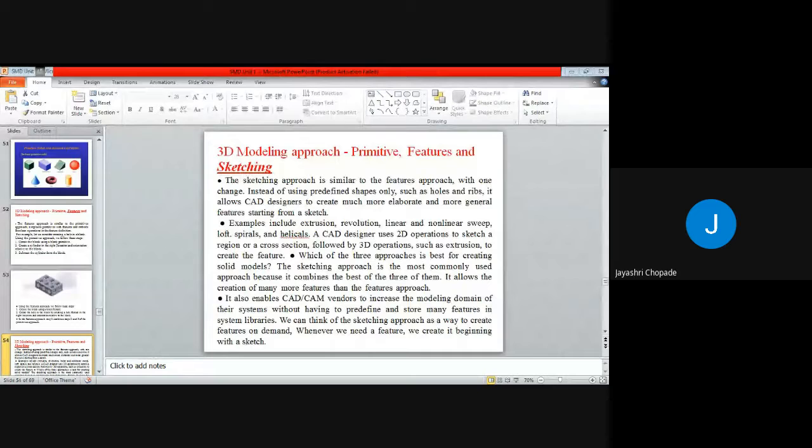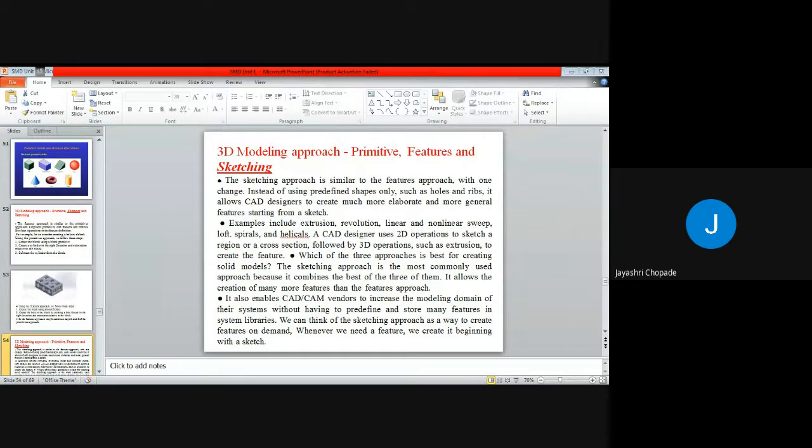So this is a repetition of work, or it is time consuming work, but in a particular sketch we can create the sketch so that we can perform the operation of subtracting the hole from the box. So as per the requirement, whatever geometry or whatever product we want, as per that we can make the sketch. For example, it includes the extrusion, revolution, linear and non-linear sweep.